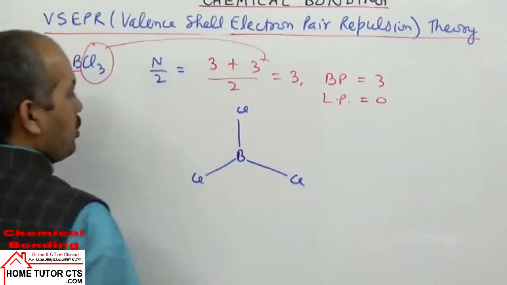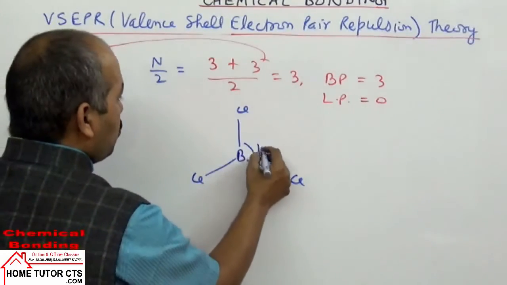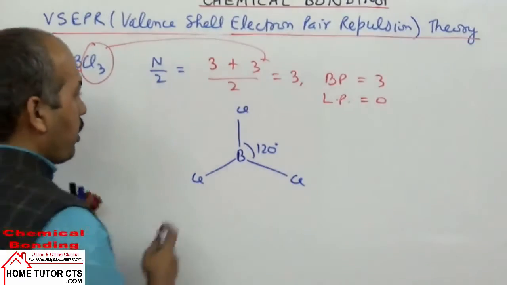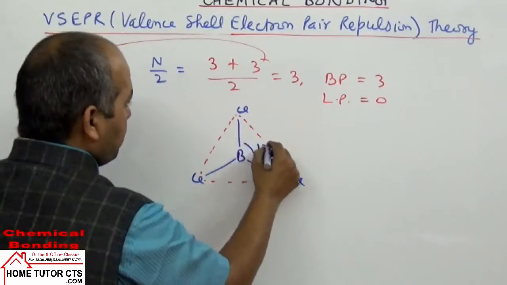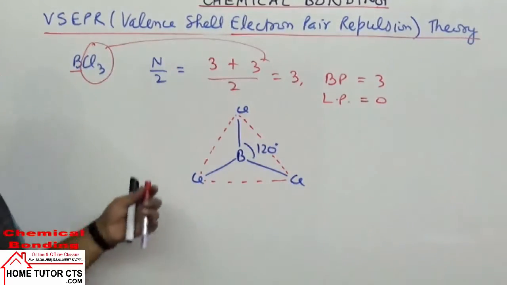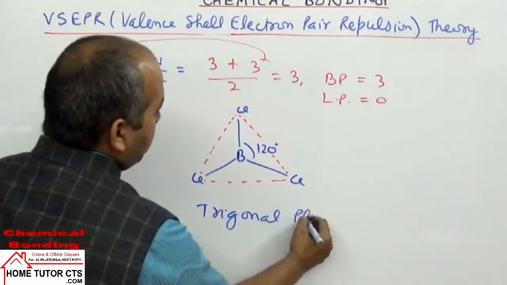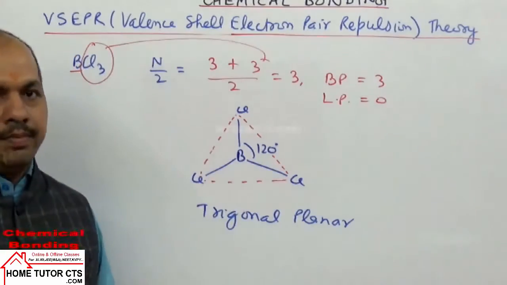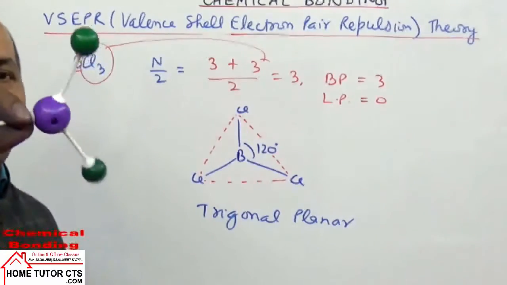3 chlorine atoms are arranged around central atom, boron, each angle taken 120 degree. If you join the corner of all the atoms, on joining corner atoms, the shape become trigonal planar. On joining the corner atom, the shape become trigonal planar shape, having all the bond angles equal to 120 degree. Okay, it can be seen this way here. This can be taken same.